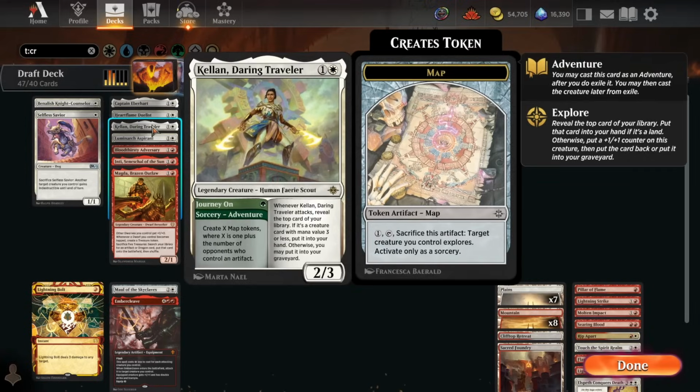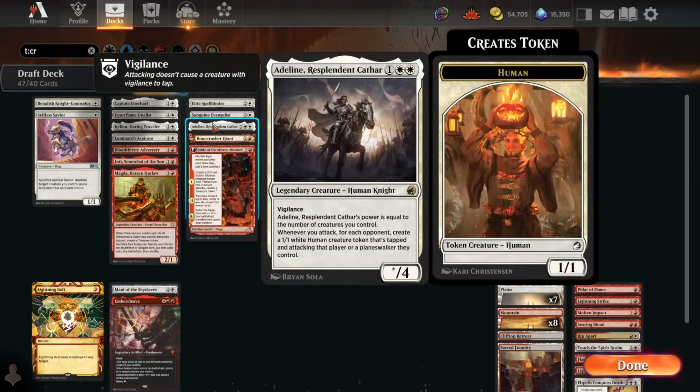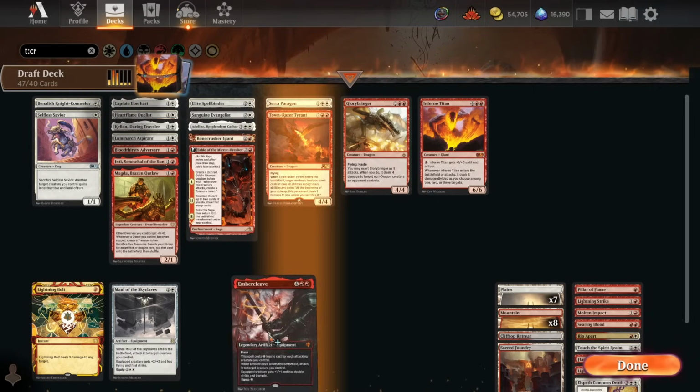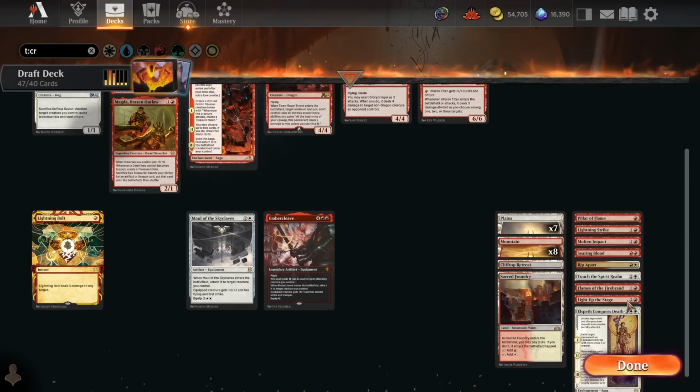Kellen can maybe draw into stuff. And we just have a lot of 2-for-1s and resilient threats and stuff. Cards that are spitting out multiple bodies off the one card to give us some value there. And we're not trying to outvalue our opponent. We're just trying to race them and kill them before they do anything crazy. So I don't think Light Up the Stage is really